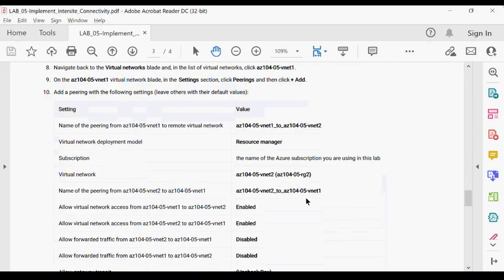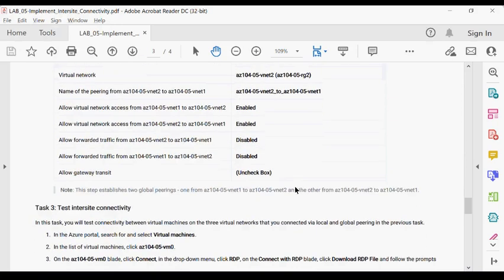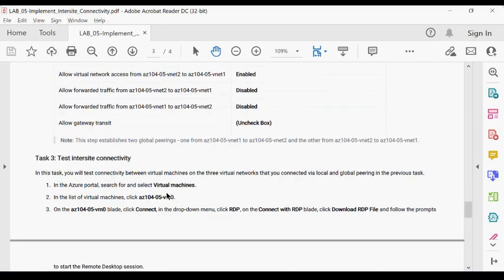So likewise, you do 3 settings, and once you do them, it will become 6 settings, meaning you are doing bidirectional, not unidirectional. Once you do that, you can go ahead and test the connectivity. Because we already have VMs, you go to one of the VMs and try to ping the other.